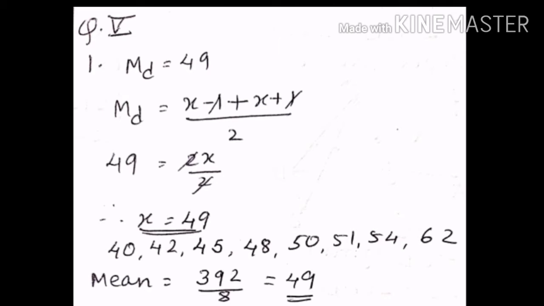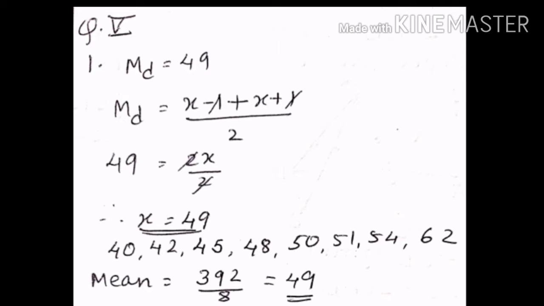Now in the last video I have solved half of the worksheet. Now we are starting here with our question number 5 solutions. Question number 1 in 5. There is a statistics question in which you are given some observations and also the median. Also it is given that it is already arranged in ascending order. So you have to find the value of x.